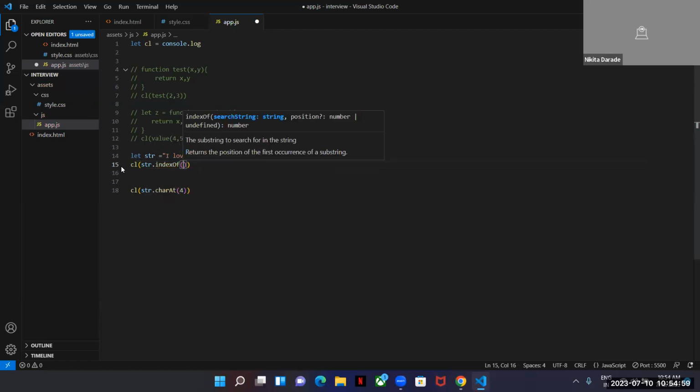In indexOf, when the element is not included in the given string, then its output is -1.